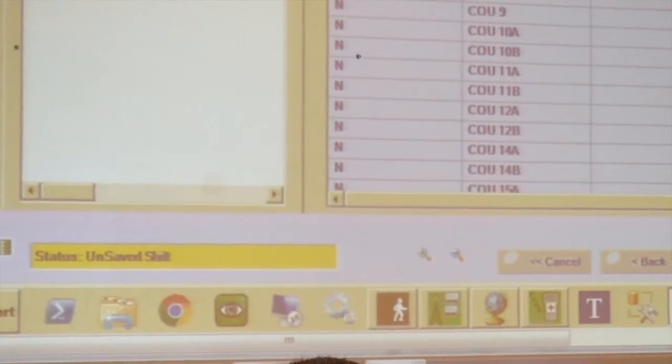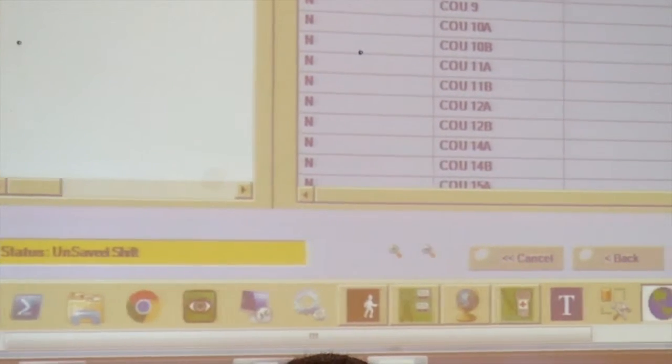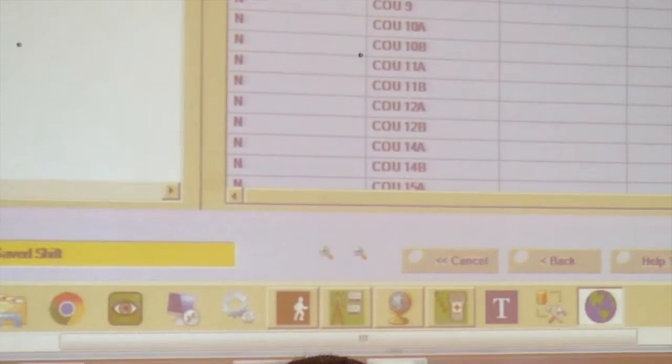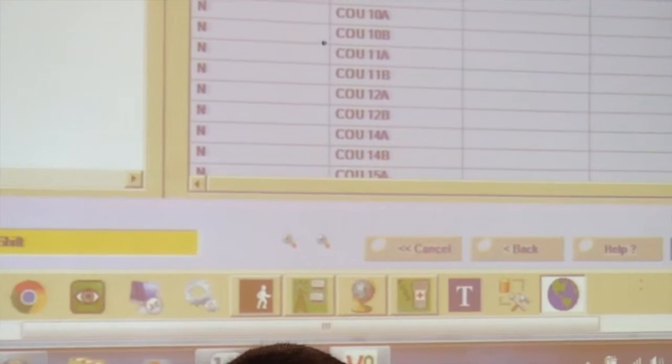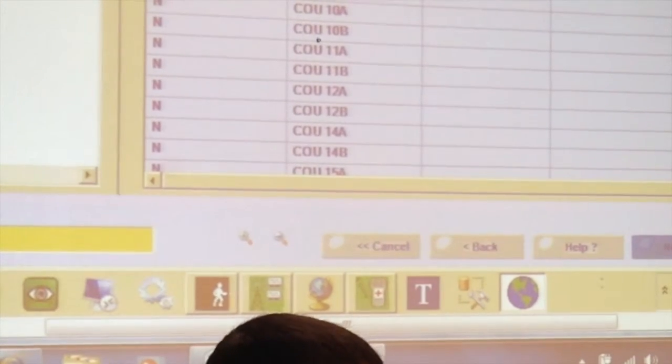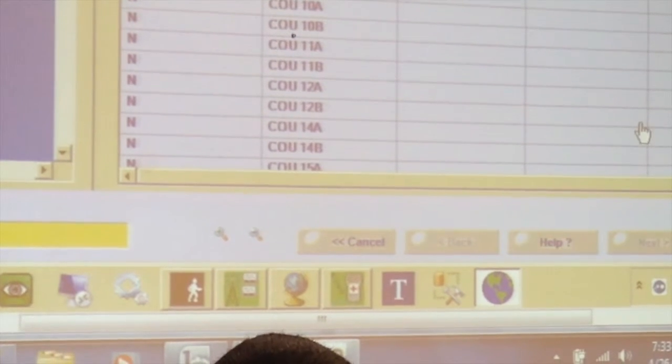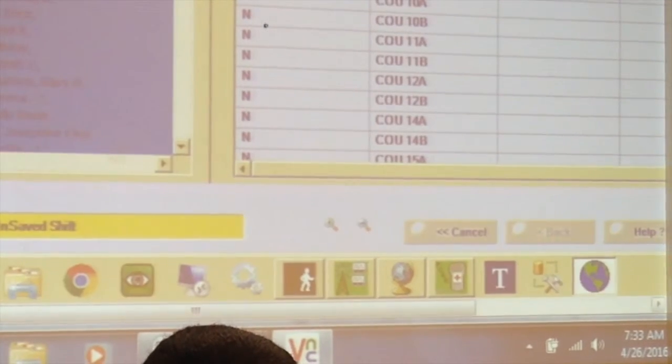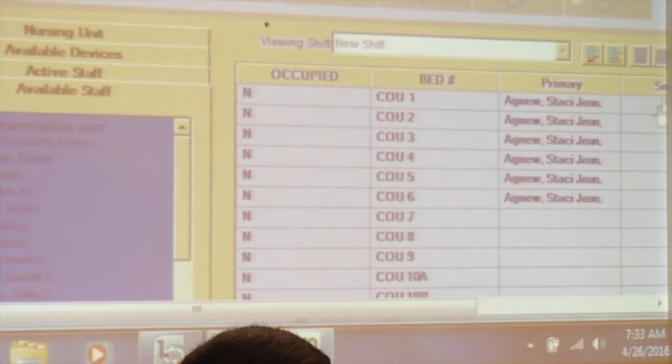Yes. Now we're going to go down, go back over a little bit. This is why it's on that nice big PC at the nurse's station. It just does this because when you plug in the projector, the screen shrinks. So we're going to go to next. Let's go back over. Now let's say